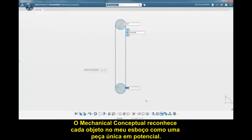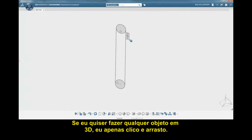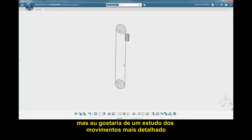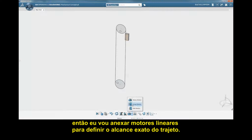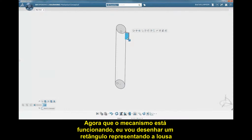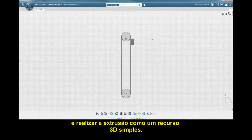Mechanical Conceptual recognizes each object in my sketch as a potential unique part. If I want to make any object 3D, I just touch and drag. I don't have to extrude every part to visualize the motion in 3D, but I would like a more detailed motion study, so I'll attach linear motors to define the exact range of travel. Now that the mechanism is working, I'll sketch in a rectangle representing the whiteboard and extrude it as a simple